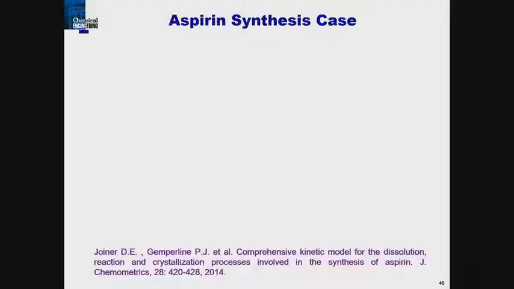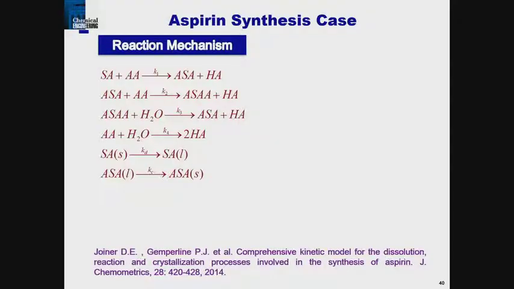The case study is kind of an interesting problem. What we did was we solved several problems, both industrial data and ones where we made up the data, simulated it just to see the performance. So I'm going to show you a simpler one, which is with simulated data. We're making aspirin. This is the kinetic sequence, the reaction mechanism for making aspirin. You start off with salicylic acid, reacted with acetic anhydride, and you form acetyl salicylic acid and acetic acid over here.